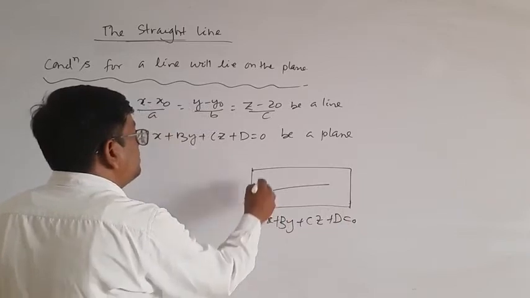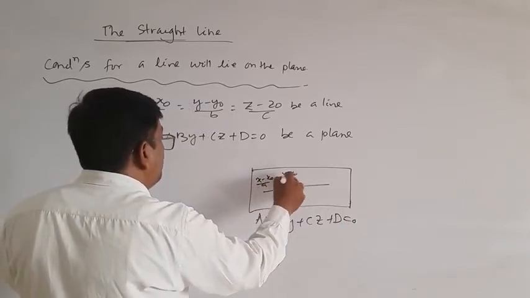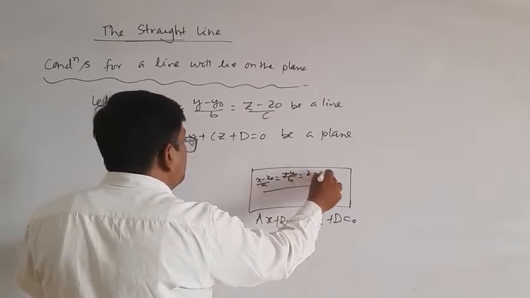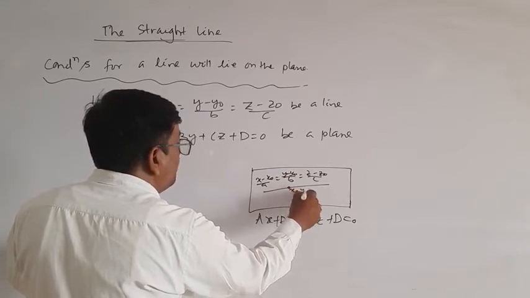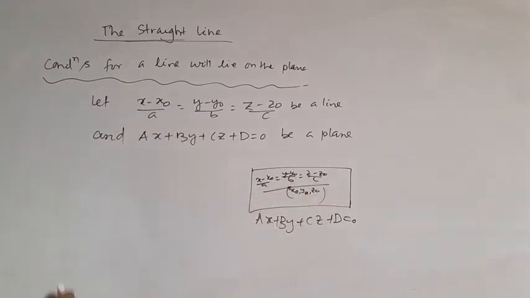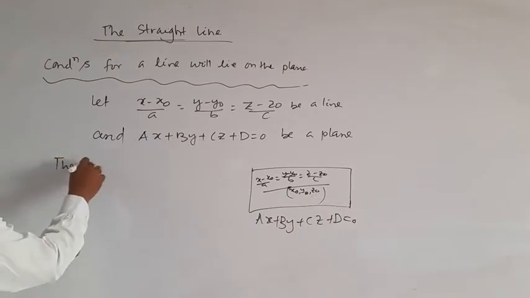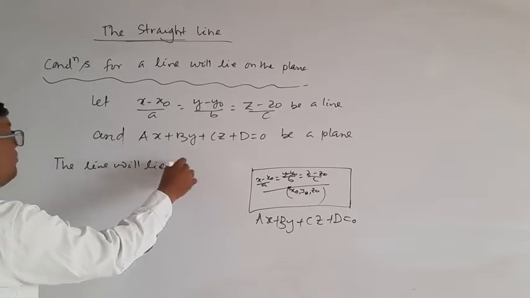The equation is (x minus x naught) by a, (y minus y naught) by b, (z minus z naught) by c. A point here is x naught, y naught, z naught. The line will lie on the plane